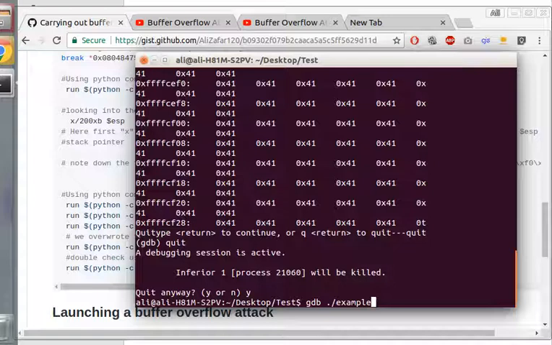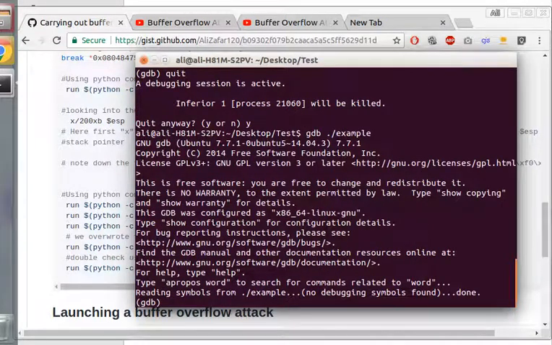Yes, again we enter into the debugging mode, then we run a Python command using double quotation print. We'll have to print a 256 times, 260 times, sorry,